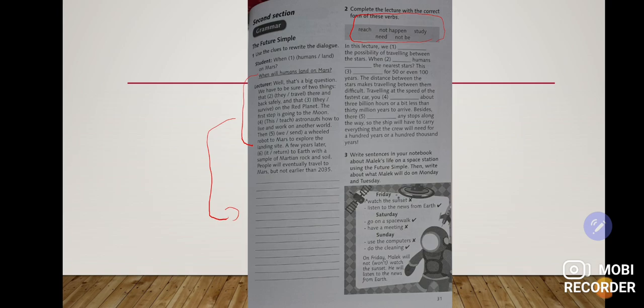Here we can notice that this is incorrect, so we write it in a negative statement. We can see this is correct, so we write it as an affirmative statement.